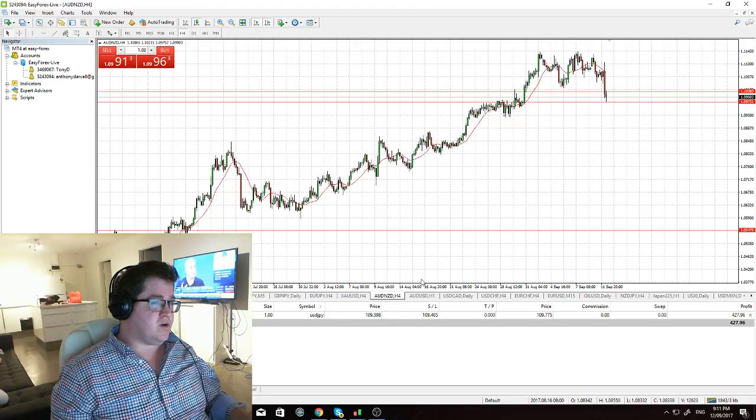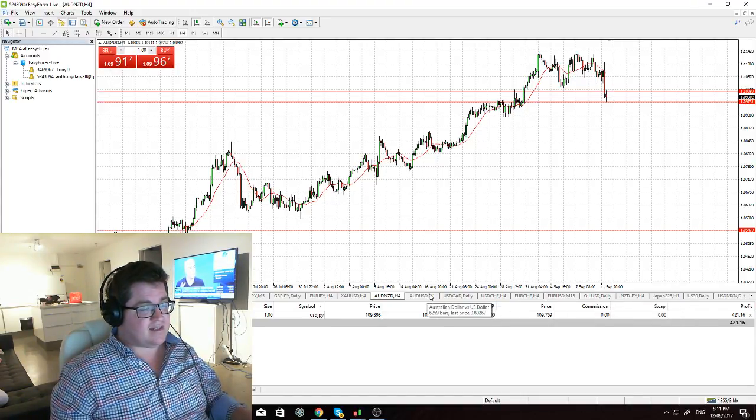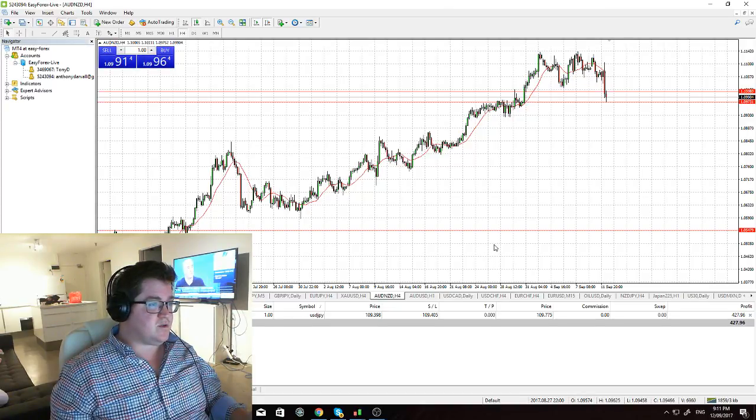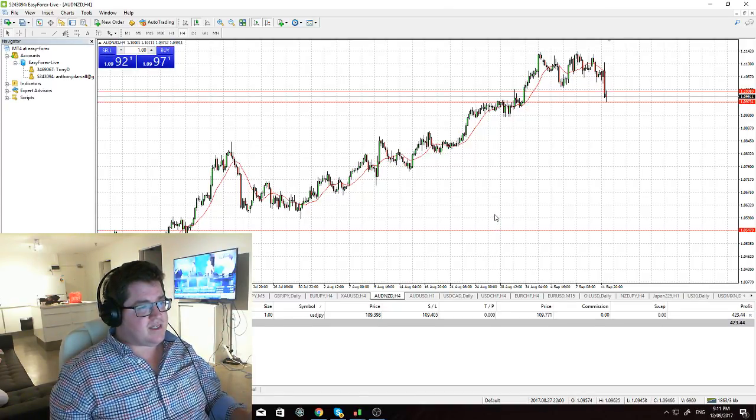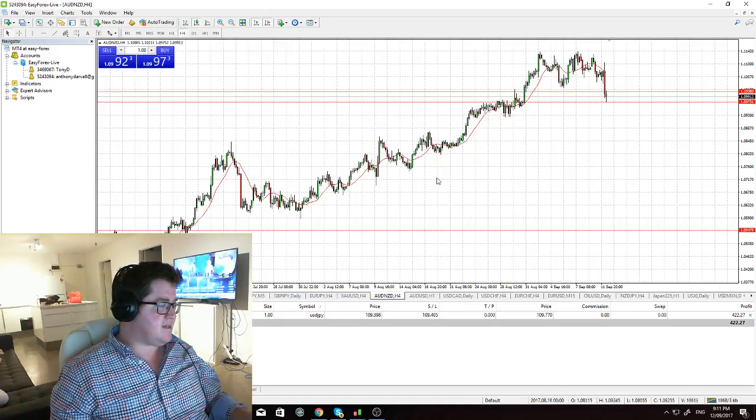I'm a bit more longer term view. I want to be buying Aussie Kiwi, so I just let the Kiwi have its day. You know, see how the Aussie data pans out this week, because there's a lot of Aussie data as well. Unemployment numbers on Thursday. But then looking to buy this makes a lot of sense, I think.